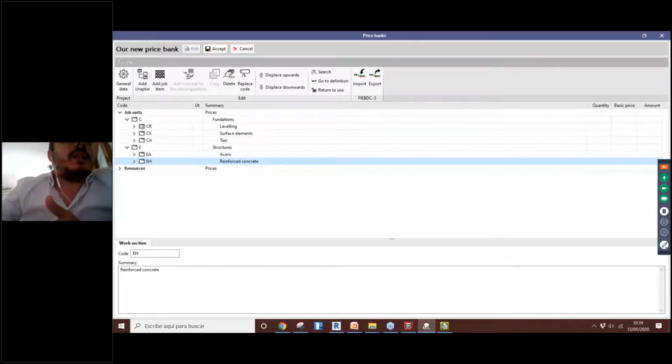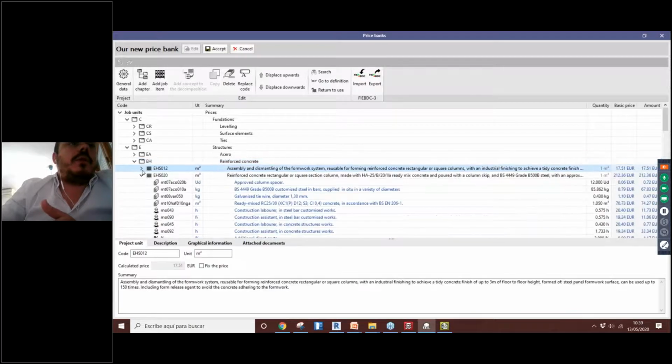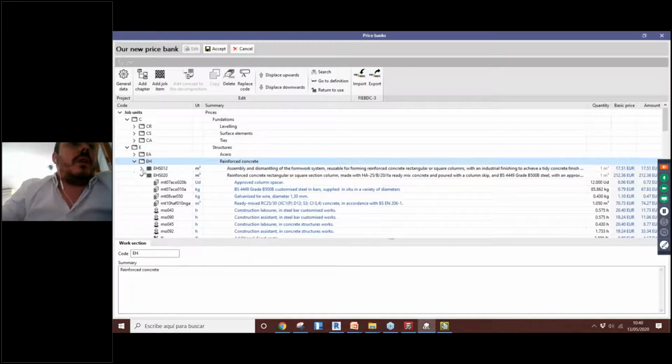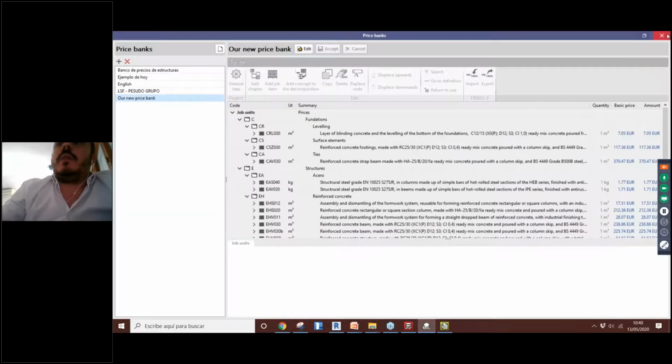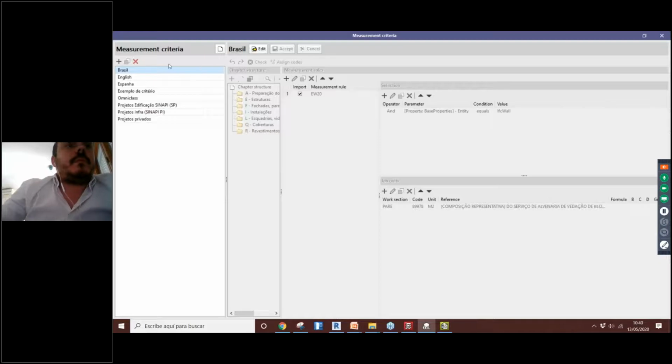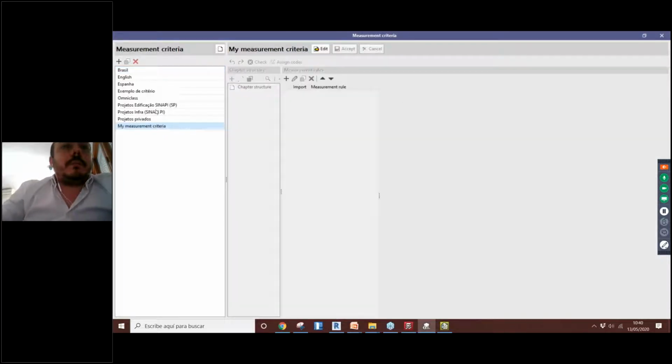So in that case, we will create a structure of reinforced concrete. It could be the same code that we have here, EH, for example, reinforced concrete. So I will do the same thing in the criteria. Let's go back there. So here I will create a new one. I will call it, for example, my measurement criteria. It's going to be empty, and inside of this list of measurement criteria, I will add